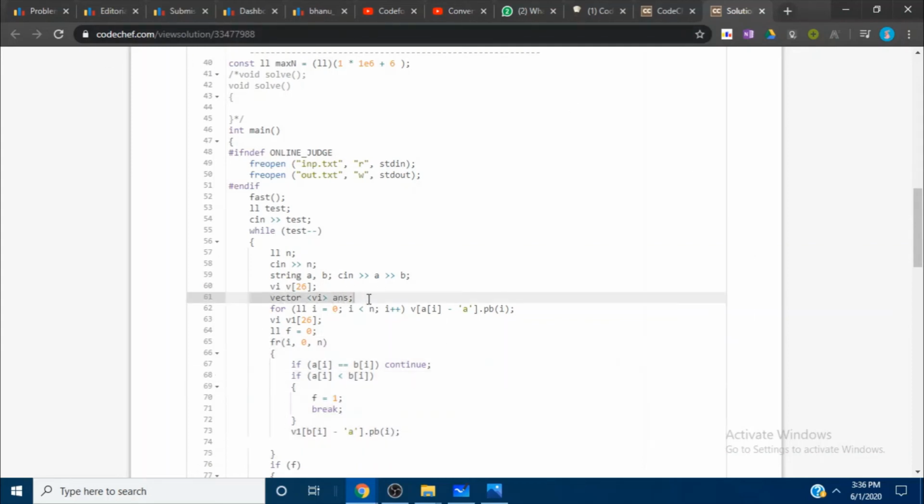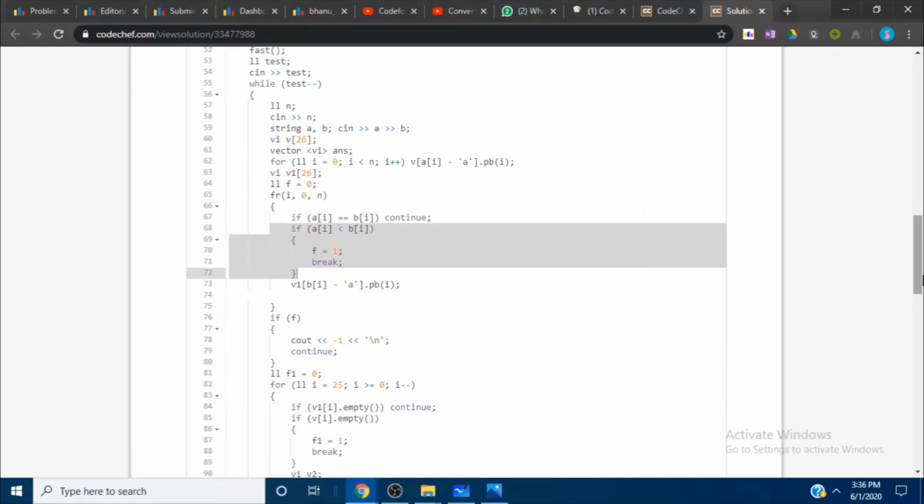And I have taken a vector of vectors to store our answer format, like how we are choosing subsets in order to make string A equal to string B. Then I have handled the two -1 cases by taking two flags.